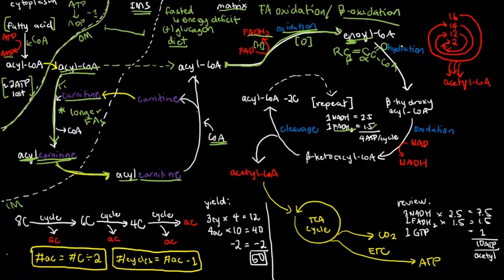Next, from enoyl-CoA, it will be hydrated, meaning the addition of water. And organic chemistry reminds us, if we have a double bond right here, hydrating it will give us an alcohol, wherein the double bond will be gone, and in its place will be an OH group. I'm not anymore drawing all the hydrogens because in the first place I didn't even complete the hydrogens here. So the point here is that if you focus on the beta carbon after hydration, let's just keep track of the fact that there's an OH group or a hydroxy group right here. Thus, the product so far is a beta-hydroxyacyl-CoA.